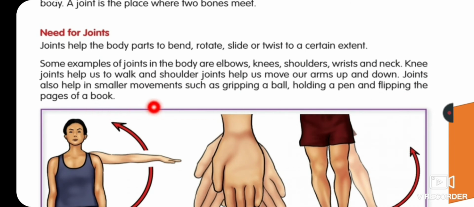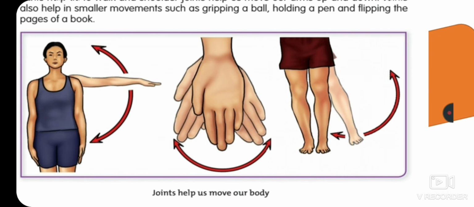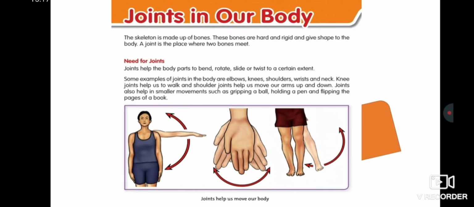When we turn the pages of our papers, then we need our hand. Okay, so there are different functions of different joints. In this picture you can see this arm can be bent in this direction, and it can be bent in the other direction also. This can only glide in this manner, and it can rotate. Okay, so children, you can see some similarities and also dissimilarities in this picture.